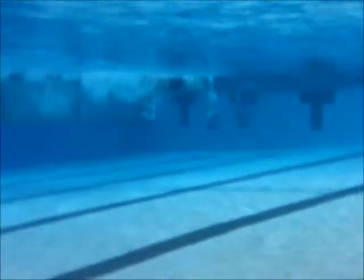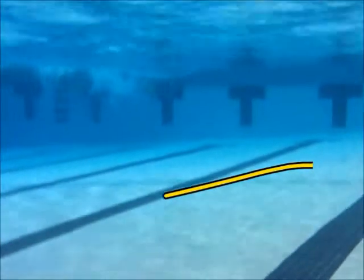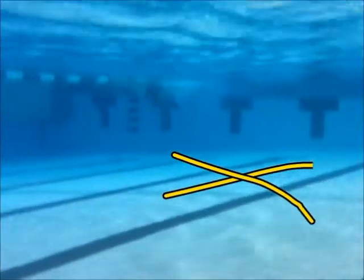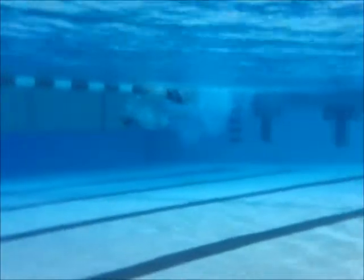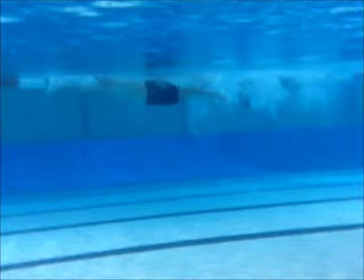So try and shallow it up a bit and focus on reaching out more in the water instead of coming down and getting a really, really deep pull. Okay, it's going to save you some energy, and it'll help you swim a lot faster as you go. But the other thing is, Nick, and I do believe you are a breaststroker, but you can kind of see